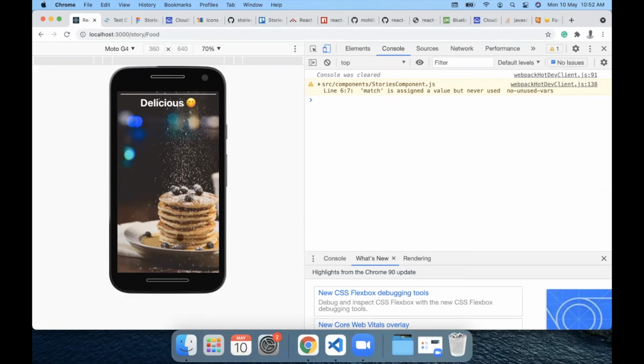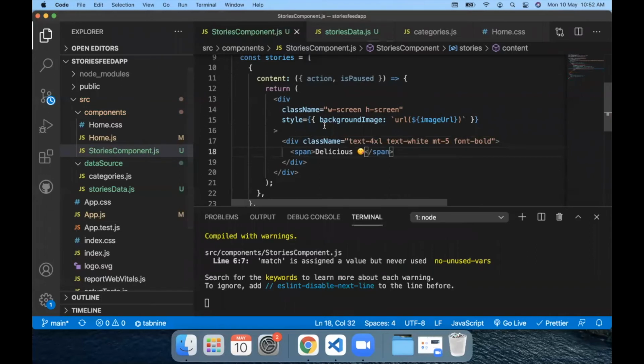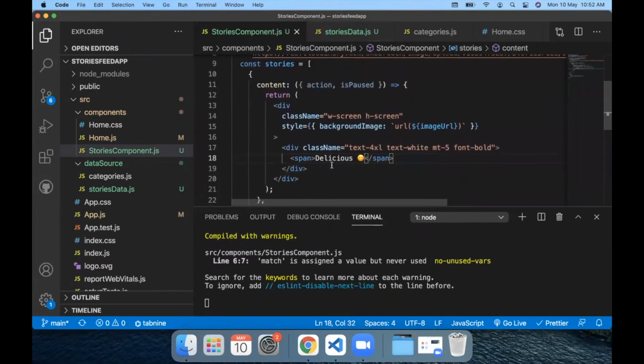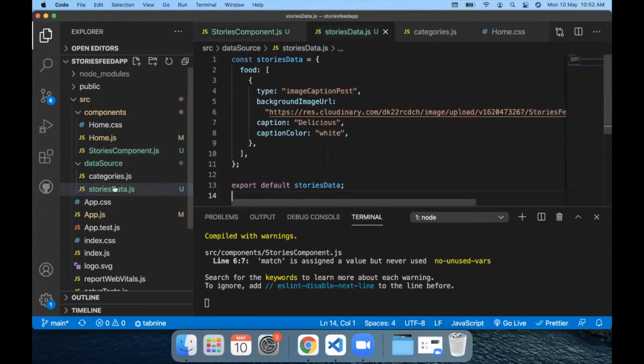So this was the first kind of post that we had. Now what we can do is instead of using this hardcoded URL and defining it as such, we can use the stories data array which we have here to have more stories as well. So what I'm going to do next is use the stories data in our code.